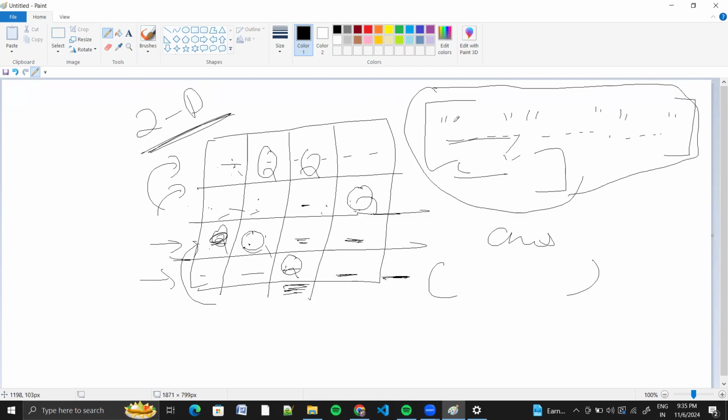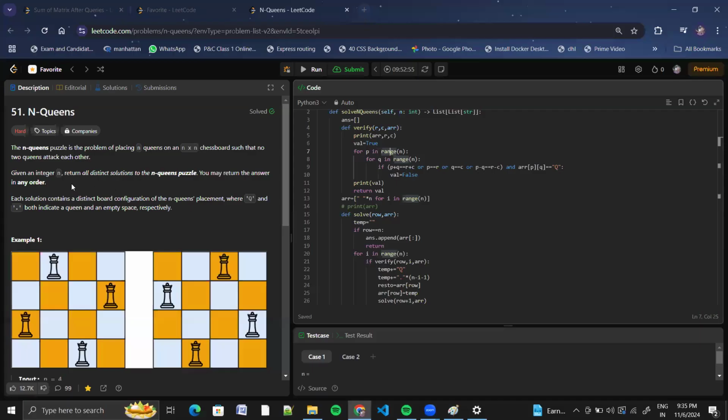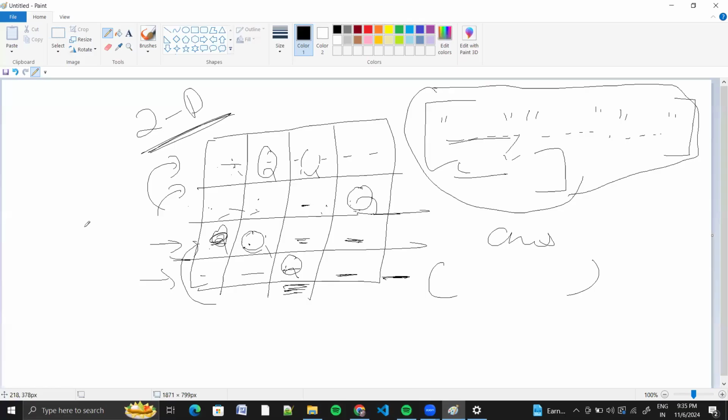So for example, for this particular scenario where we have kept it in this, as per the question, we have to add dot for the empty places. So we have to basically put dot queen dot, then again dot queen dot,